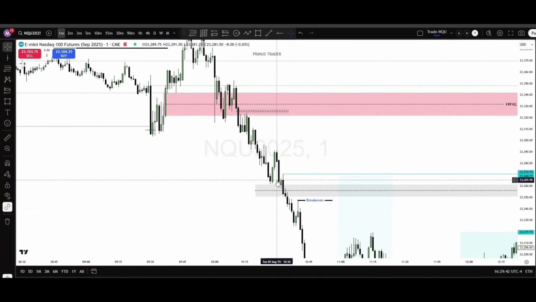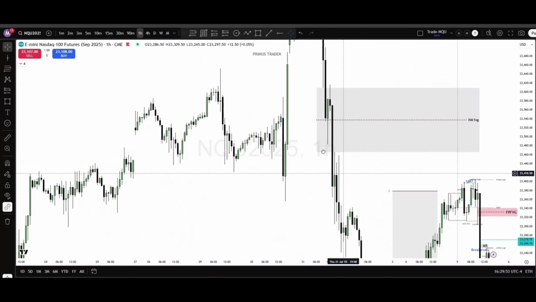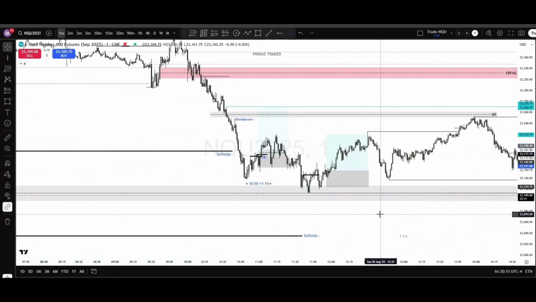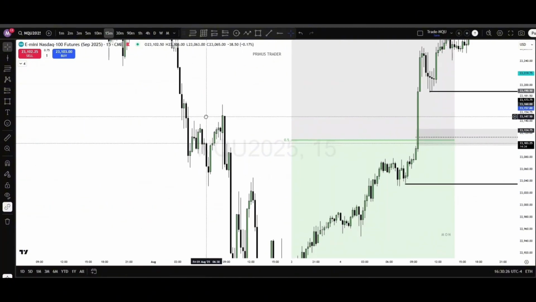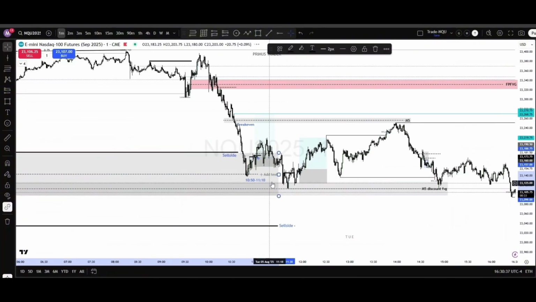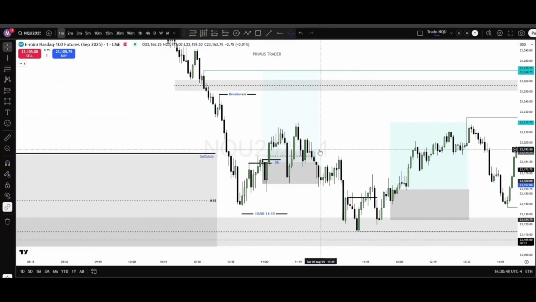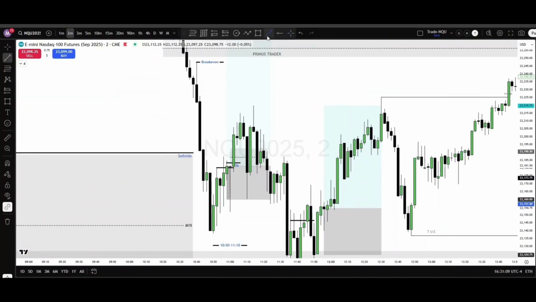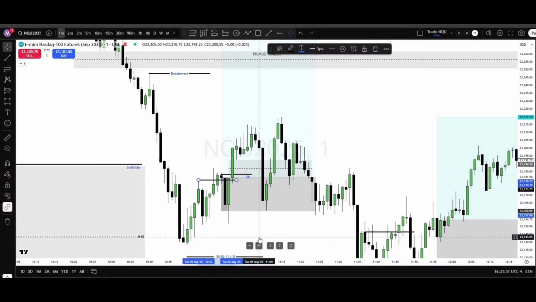Just annotating some potential sells, very nice sells it did give if you were bearish today. However, I was waiting for price to come and take some sell side, come to a key level of mine, and then see if I can get a buy up, as that was my idea for today. So the first entry I do take here after we get kind of a messy confluence.